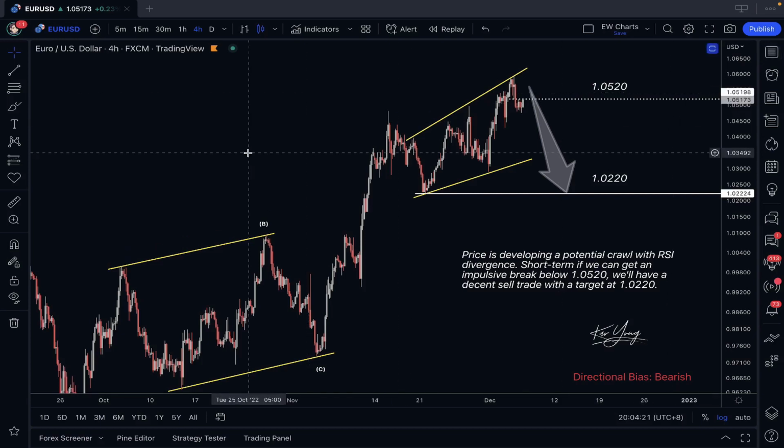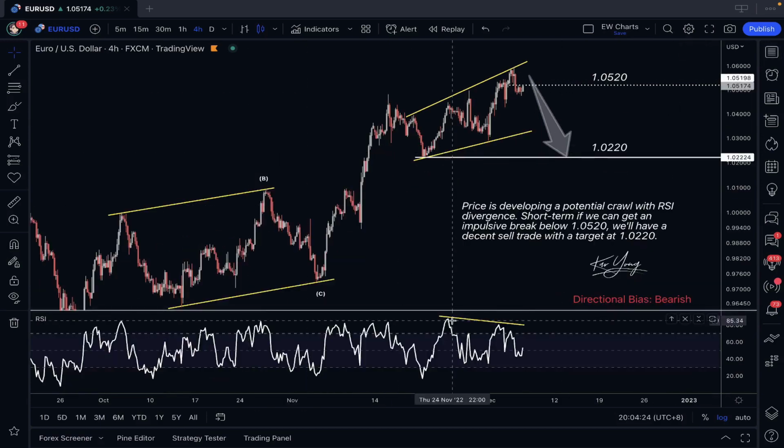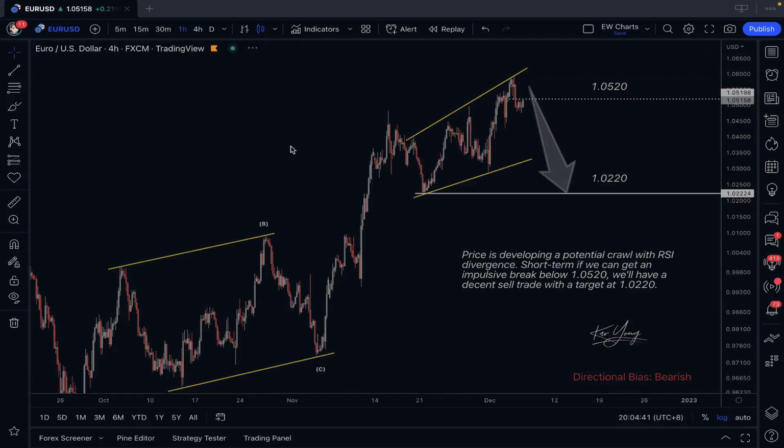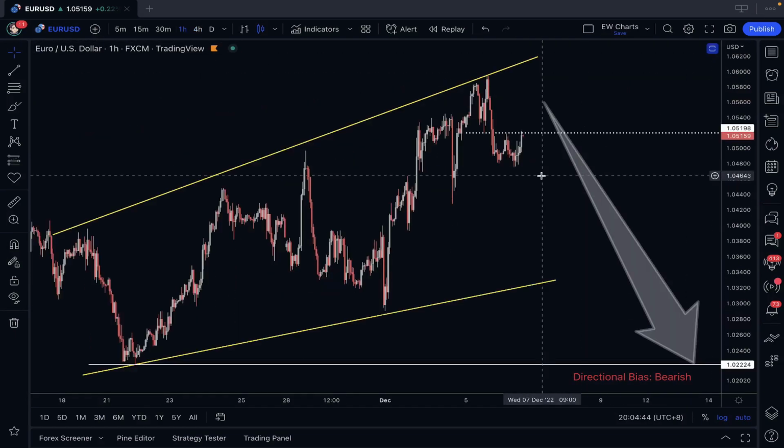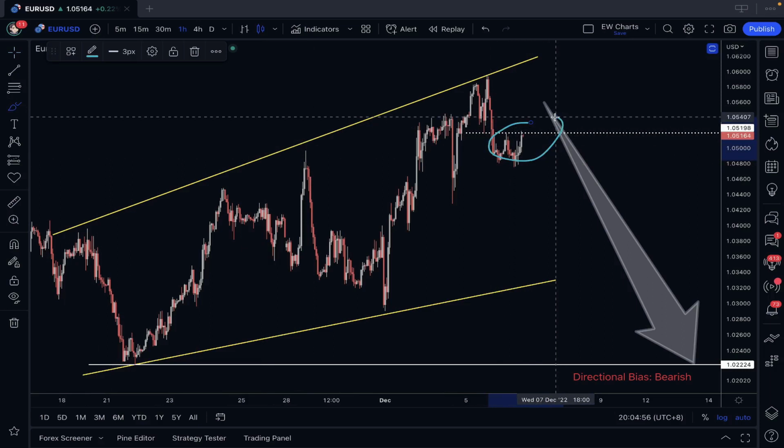Okay, let me bring out the RSI and show you here as well. In terms of euro dollar, we have the RSI divergence. So what it means is that price is moving higher, but the RSI is actually moving lower, right? So this again suggests a lack of momentum, and there's a good possibility of a reversal coming in. Now on the lower time frame, if you go down to the 1 hour chart, we do see that initial rejection from the top already, which is very neat, and I would say a very nice little impulse push to the downside. And for today, we did see the market do a little bit of a corrective structure